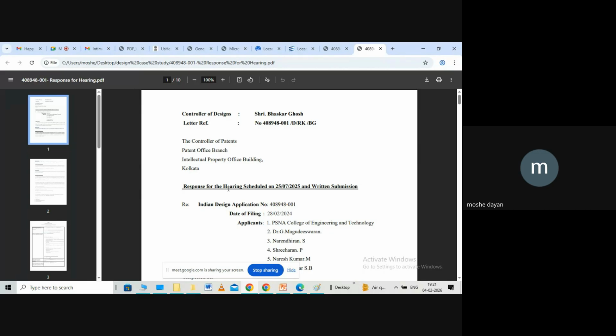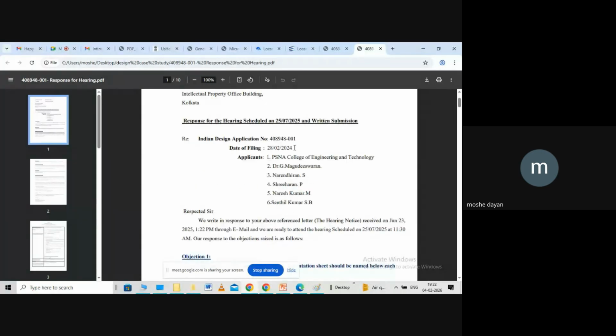See, this is how you have to reply. One of you please respond, no? Are you able to see the screen now? Yes, sir. Okay, this is the exam report. See, earlier what we saw is the exam report, and this is the exam report that you get. This is a hearing notice that you receive, and this is how you have to reply to the hearing notice.